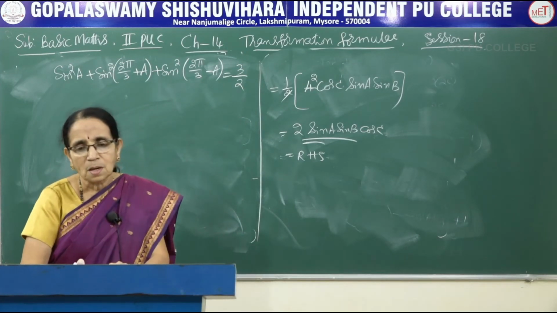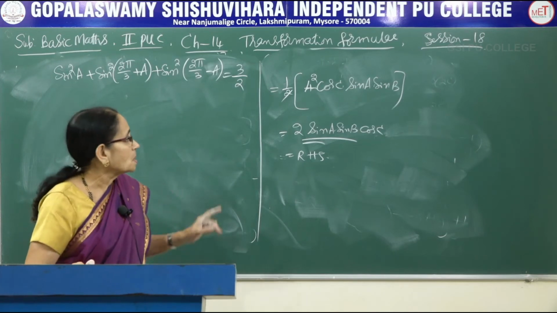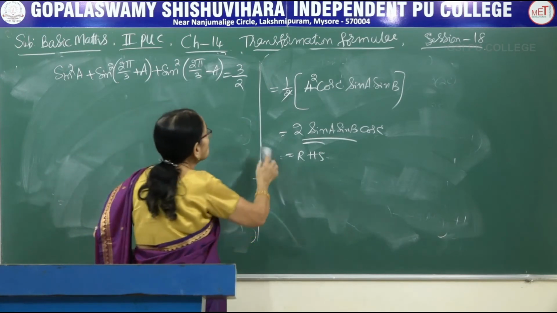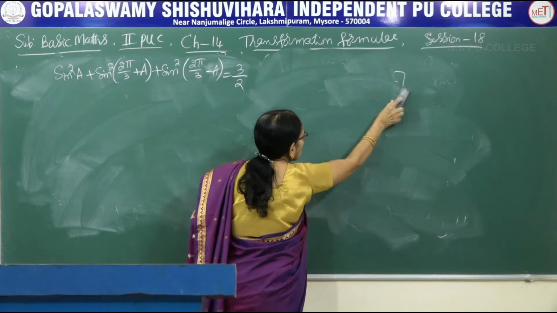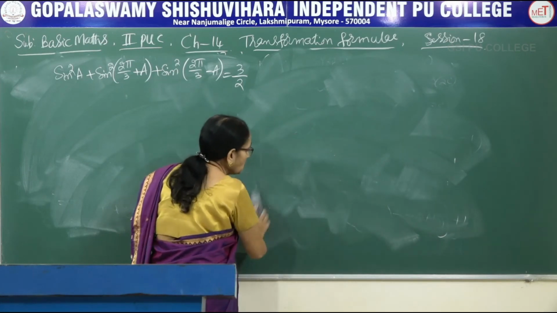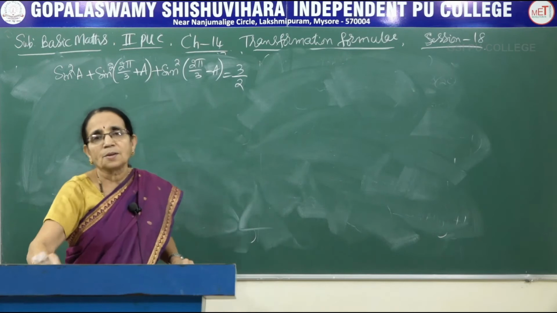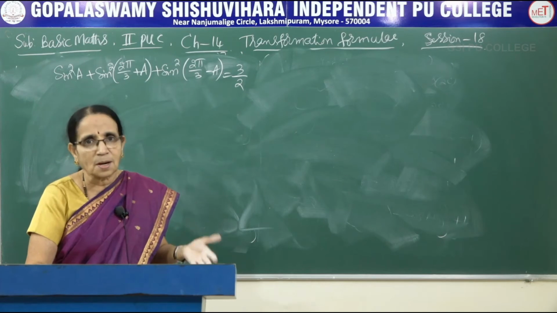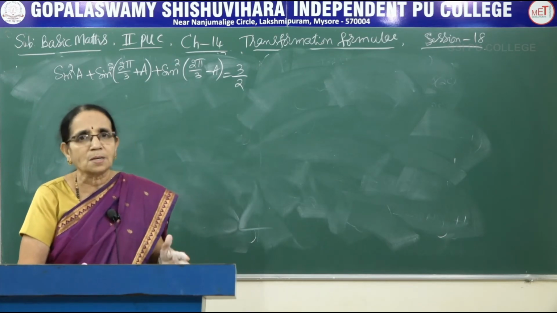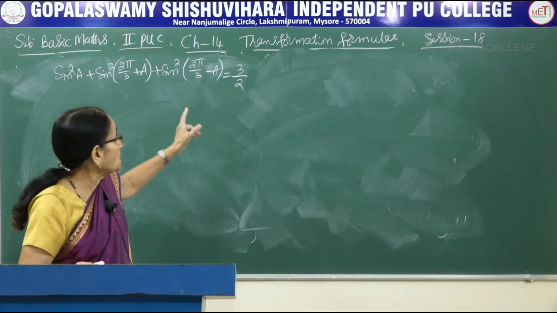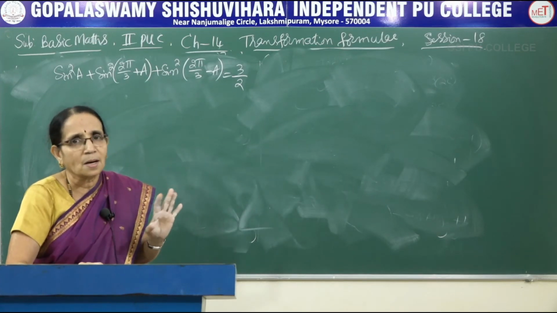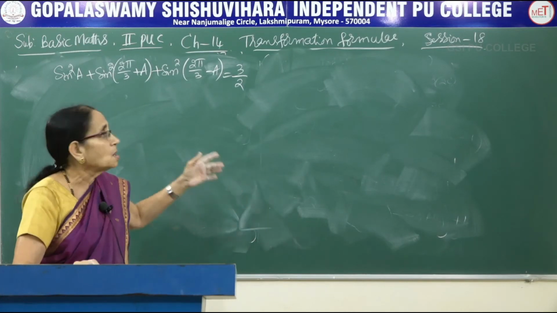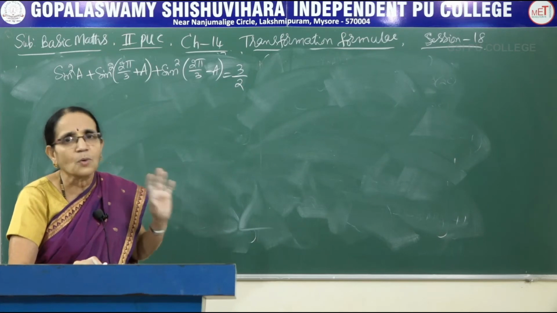See here, you observe it looks like the previous problem, but we have only one angle. In the earlier two problems and some problems of the previous session, the condition was A plus B plus C equal to 180. That means it could be given in a triangle, where the sum of the three angles would be 180 degrees. The condition was given. Now in this one, we have only one angle A, so that condition is not given. Only for the previous two problems and the problems of the previous session, we had taken that condition A plus B plus C equal to 180 degrees.